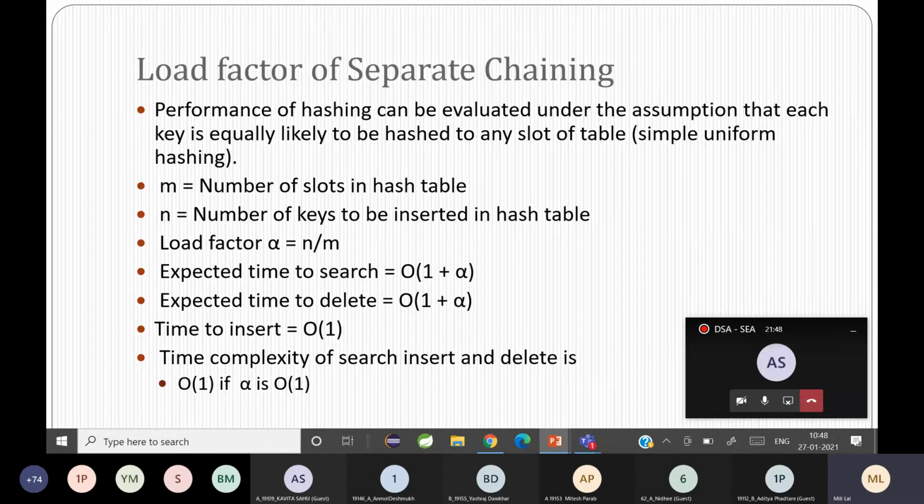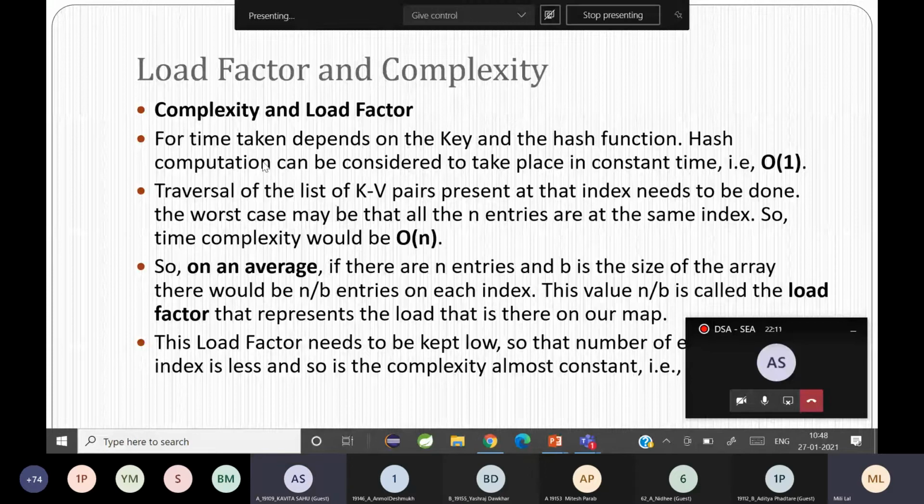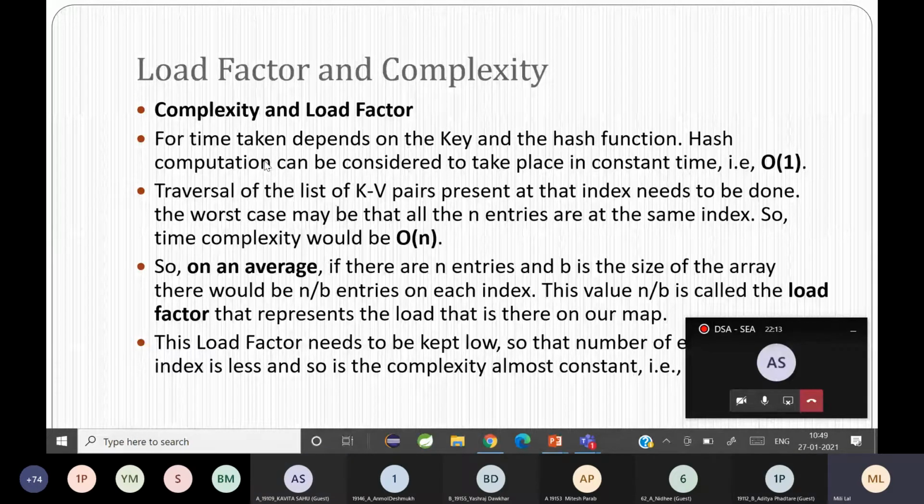How do we calculate load factor? See, students, you'll have to go home and revise what is being taken in the class. How do we calculate load factor? See, it's here. Can you all hear me, students? Are you with me? Yes, ma'am. Okay. So why do we calculate load factor? In order to calculate the complexity.